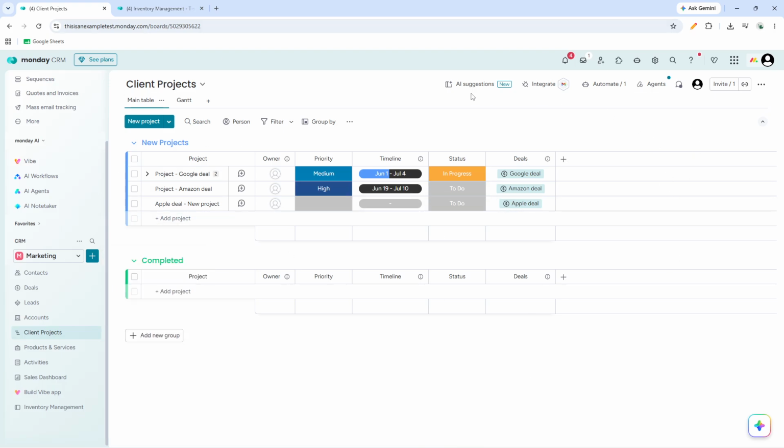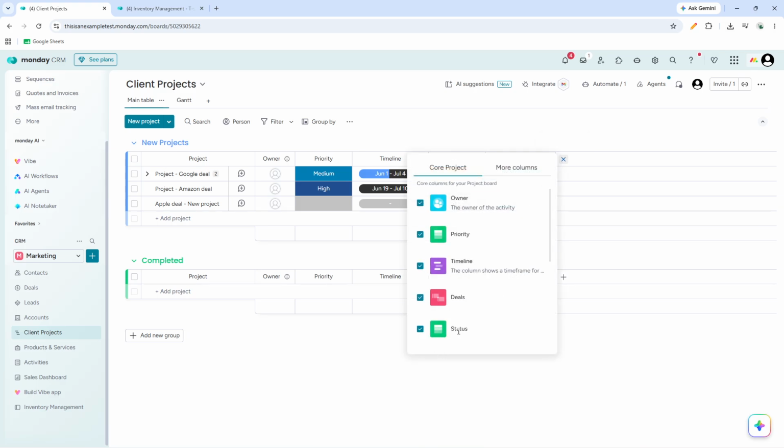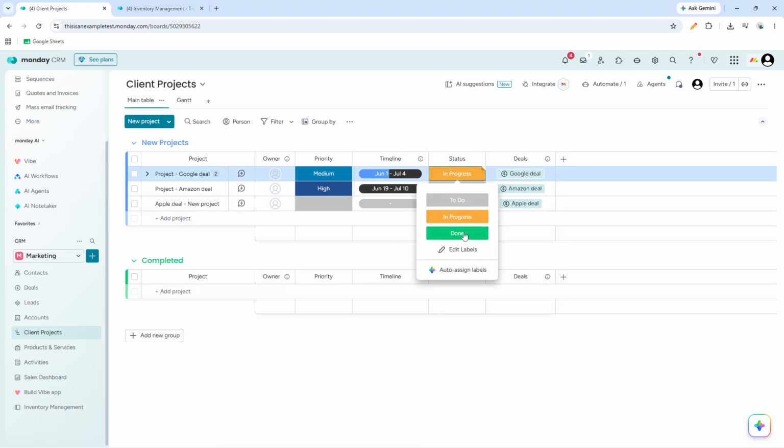in your Kanban workflow. Next, take a look at the columns on your board. For a Kanban view to work properly, you'll need a status column, because that's what Monday.com uses to organize your tasks into lanes. If your board doesn't already have one, go ahead and add a status column now. After that, customize the status labels you want to use. A simple setup might include labels like To Do, Working on It, and Done. These labels will become the columns of your Kanban board, so it's worth choosing names that match your team's workflow